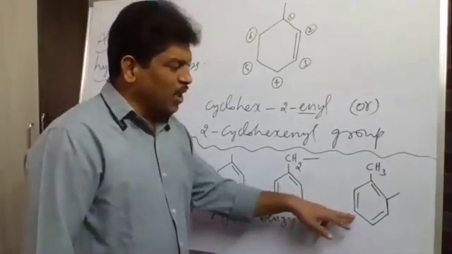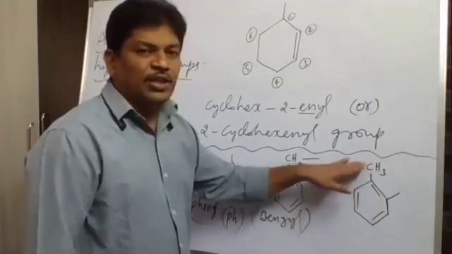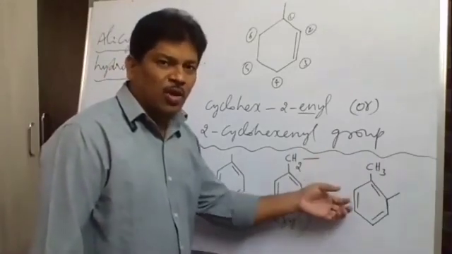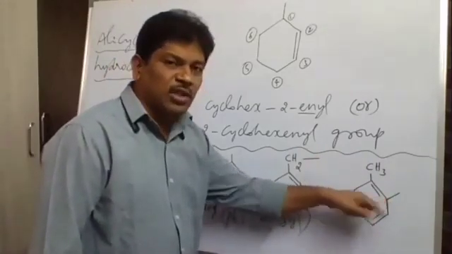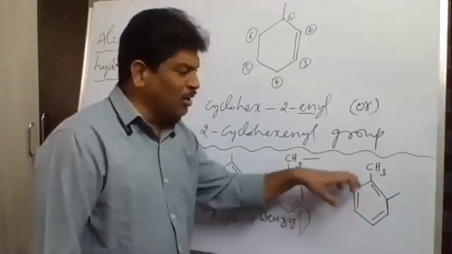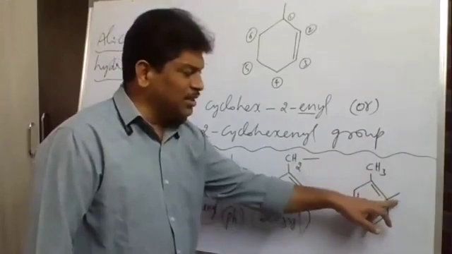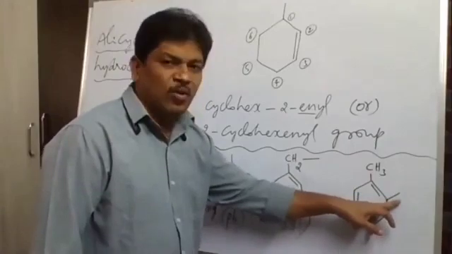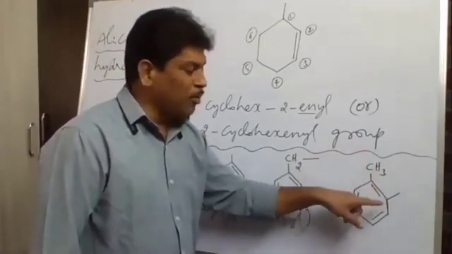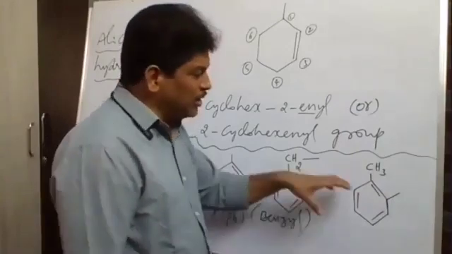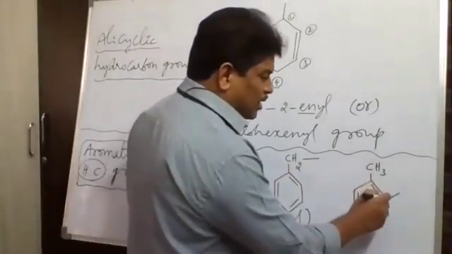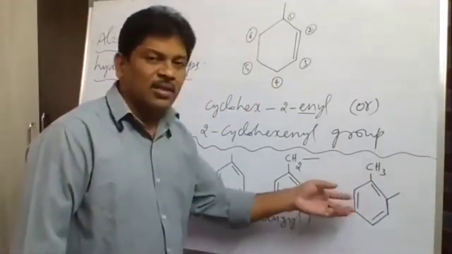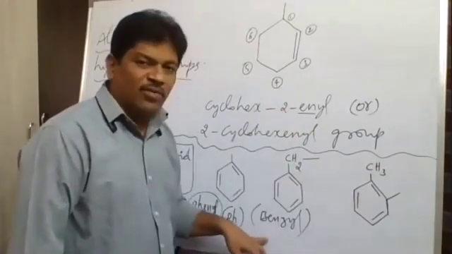And the next thing is that a benzene ring with one CH3 group or branch is called what? Toluene. Toluene molecule here. So in this toluene molecule, from which atom is the hydrogen removed? From the benzene nucleus or from the CH3 branch. In this case, the hydrogen is removed from this carbon atom, from the benzene nucleus of the toluene molecule. Are you getting? So in this case, the hydrocarbon group formed is called toluyl. Instead of benzyl, what do we say here?